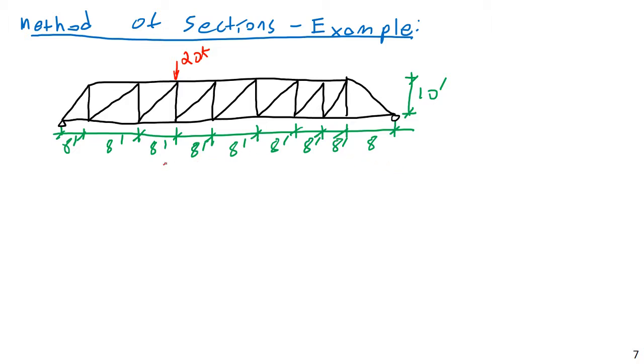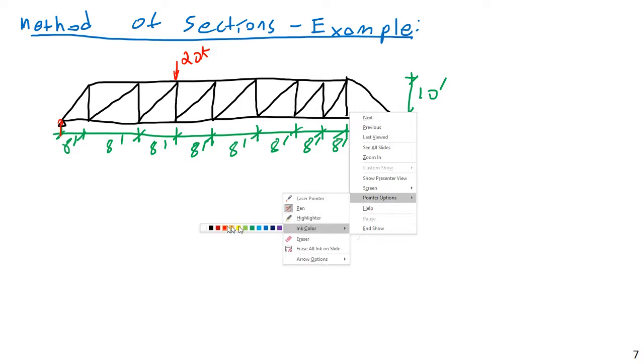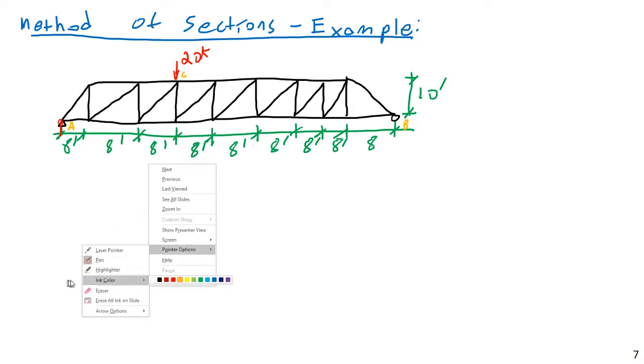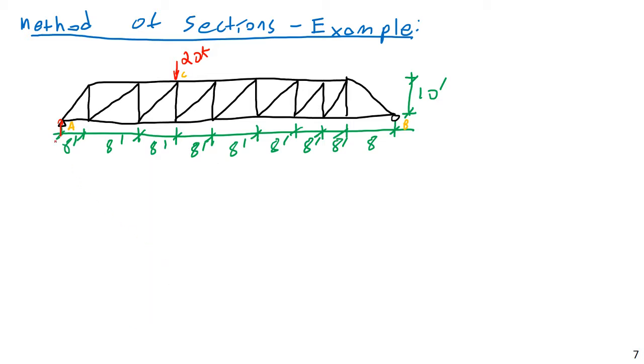Now, we have a few ways we can do this. I think we might start by finding the reactions. We can name these things whatever we want. Instead of giving names to each and every joint, I might just name joints as I need them for simplicity. So let's call this joint A, and this joint B, and this joint C for now. Then I'll add more joint labels as I need when I actually take out my section of this truss. So my reaction forces here, I'll have AY,